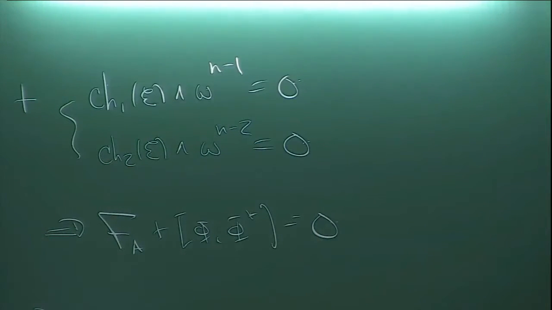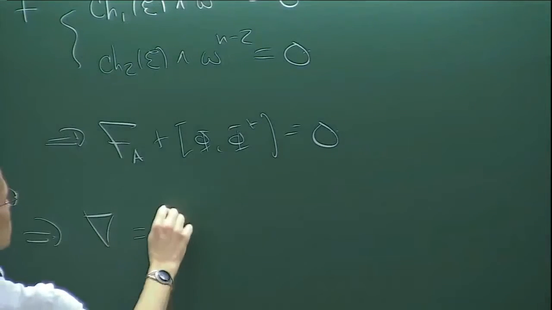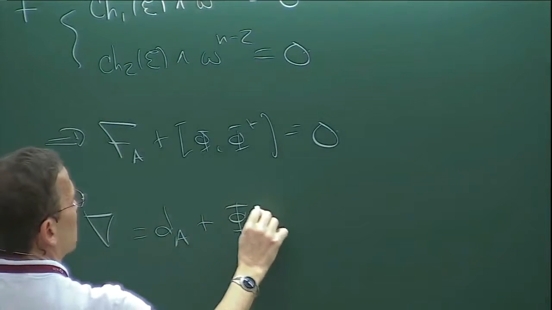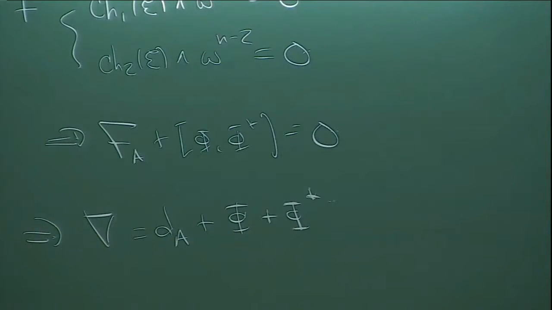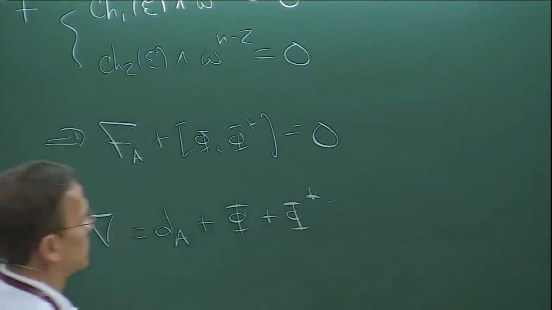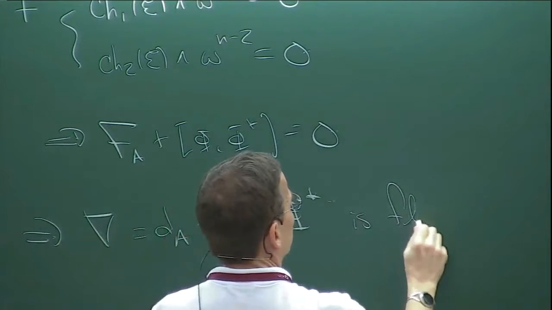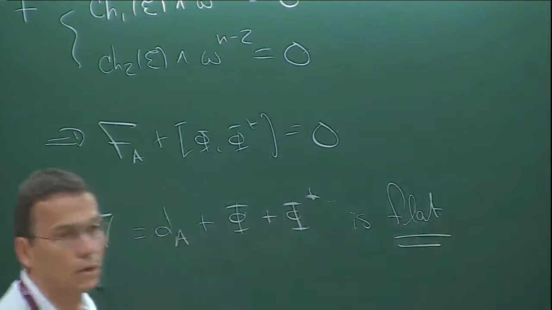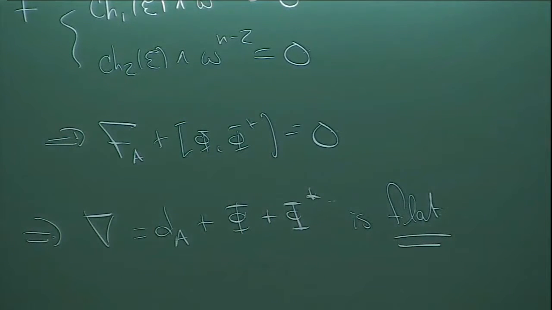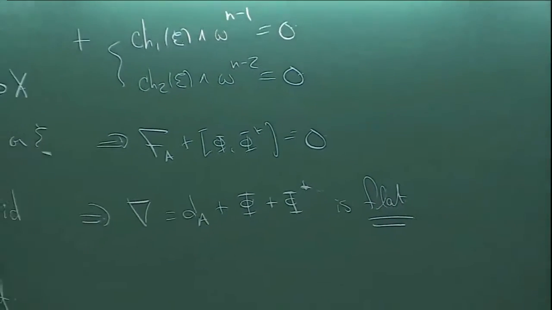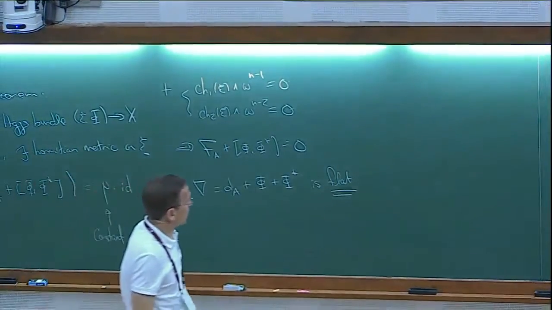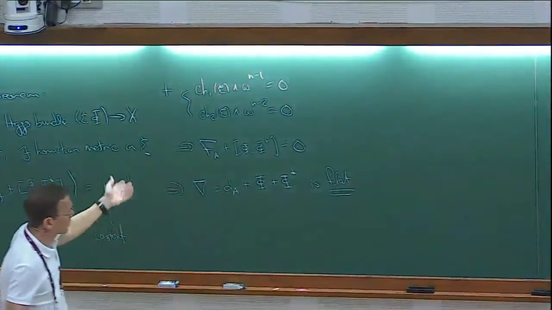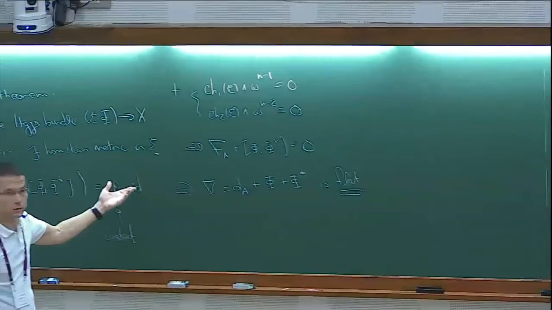In that case, that implies that the connection gotten by adding this Hermitian piece to the unitary connection, the Chern connection for this metric, is flat. Okay, so that's the direction going from the Hitchin-Simpson theorem to flat connections. And conversely, what I'm going to talk about today is the Corlette theorem, which goes the opposite direction.